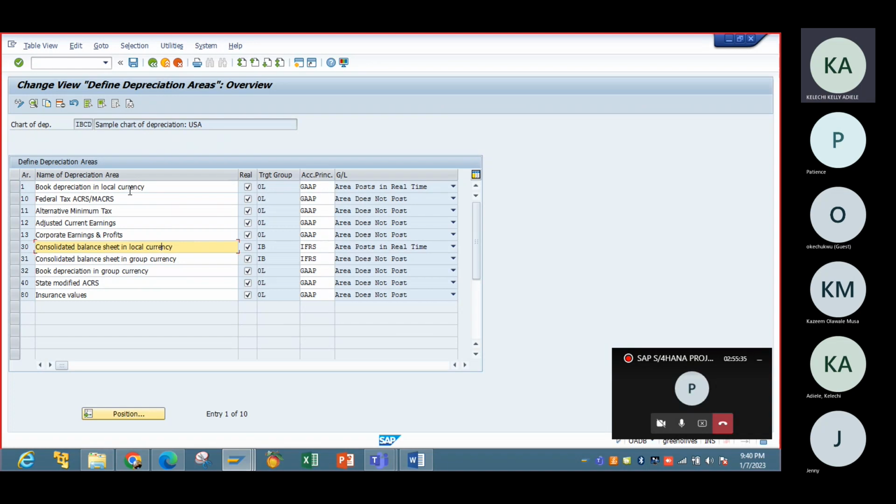So the way the system is designed, if you have group accounting and you are running depreciation at the group level, there should be automatic consolidation of those depreciations from the individual company codes to the group. So consolidation of the balance sheet in local currency, book depreciation in local currency, must happen on a real-time basis,